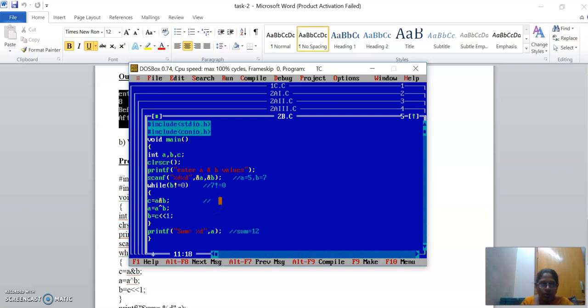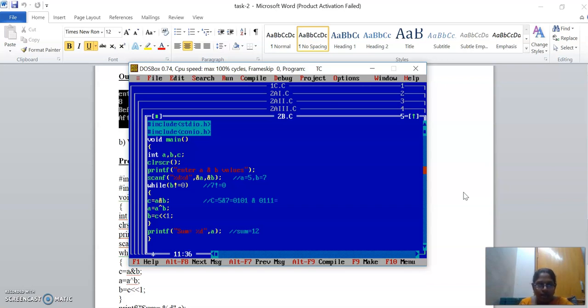Now what will be the C value? C is equal to A AND B. What is A? A is 5, which is nothing but 0 1 0 1, and B is 7, which is nothing but 0 1 1 1.